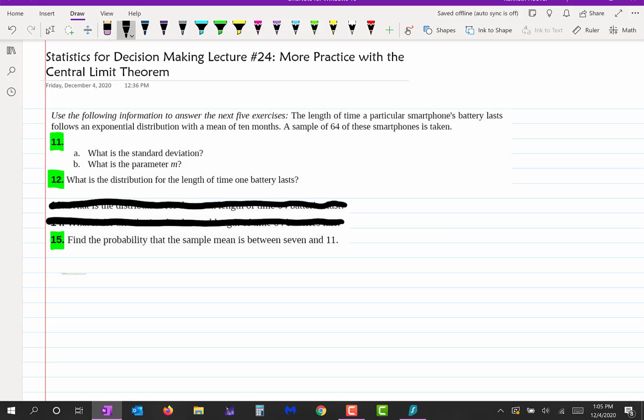Number 11 says, what's the standard deviation and what is the parameter m? We'll review that and answer those questions. And then 12 says, what's the distribution for the length of time one battery lasts? We will also review that. Now I'm going to add this part. I'm going to say,